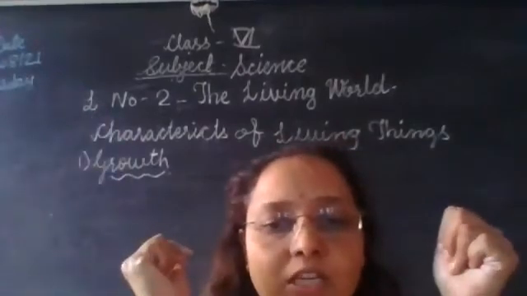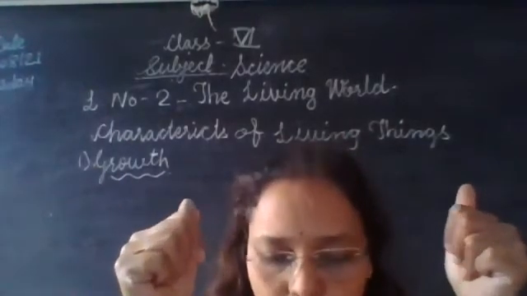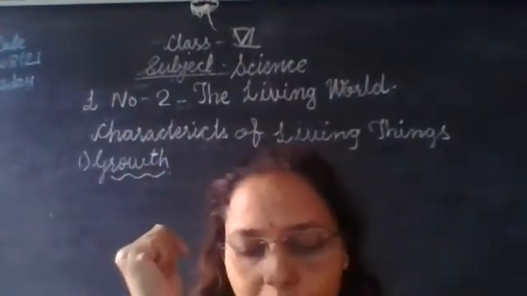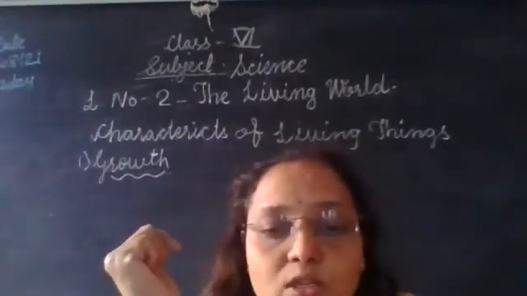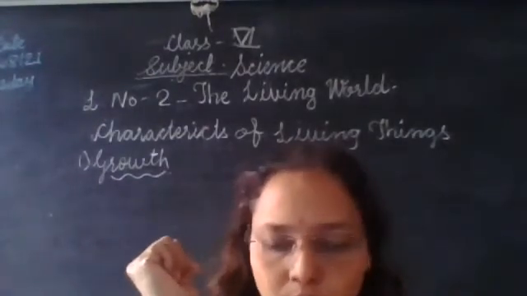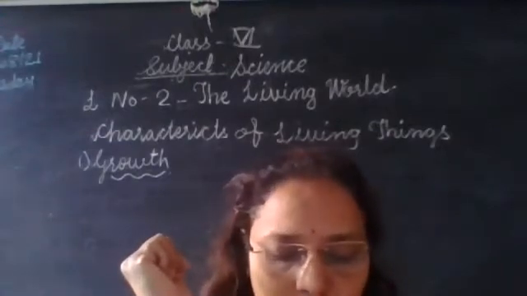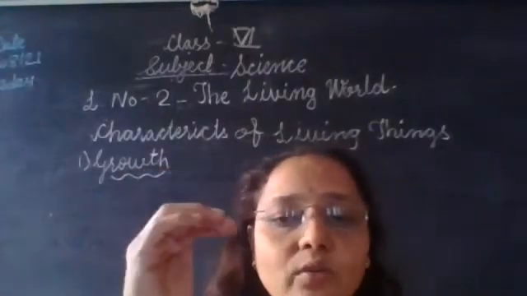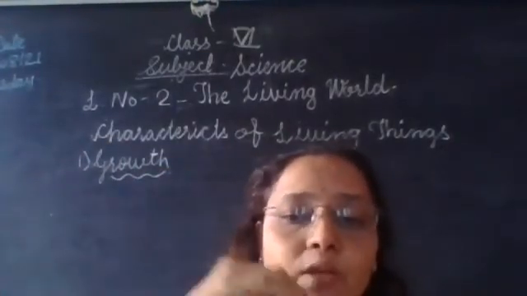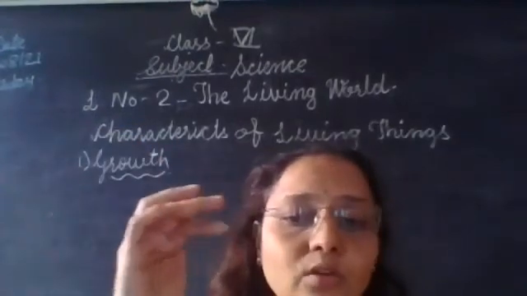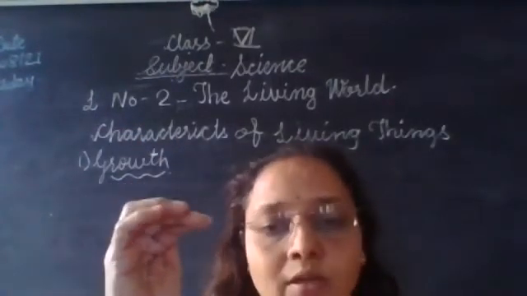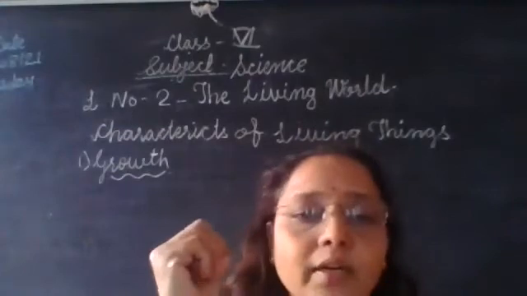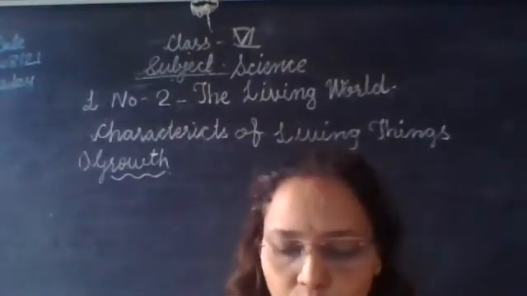These are the different stages of growth. What happens in growth? One, height increases, then weight also increases, and the strength of muscles also increases during the period of growth. In the same manner, all animals grow into adults: a kitten grows into an adult cat, a puppy grows into an adult dog, a chicken grows into an adult hen. A small baby grows into a man or woman. These are the different stages of growth.